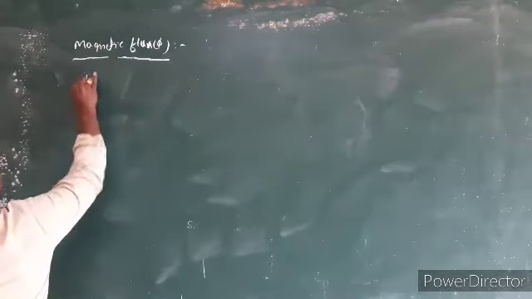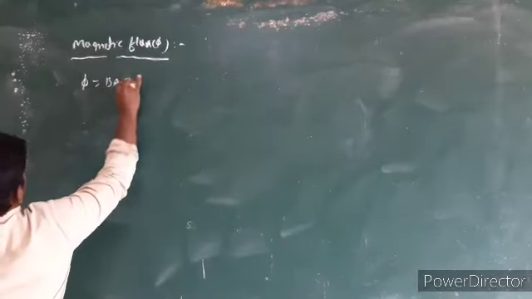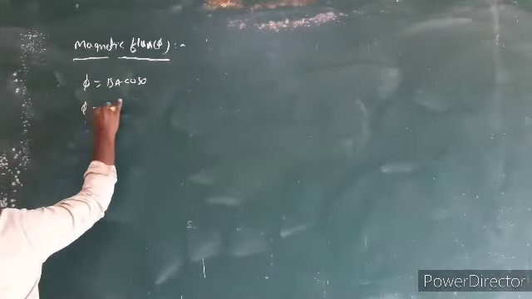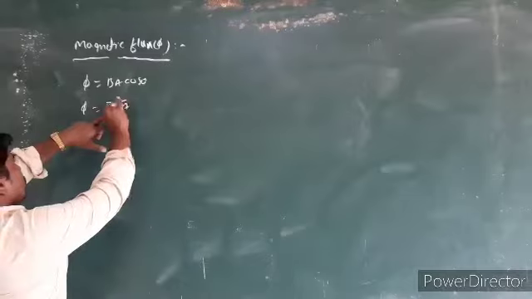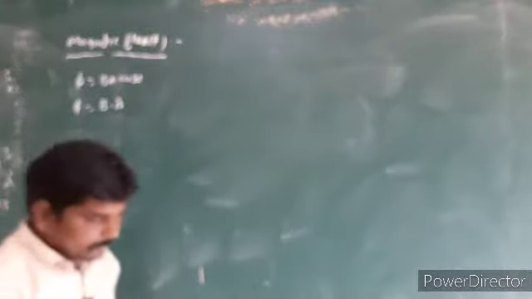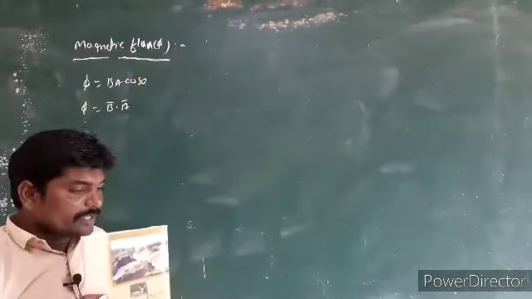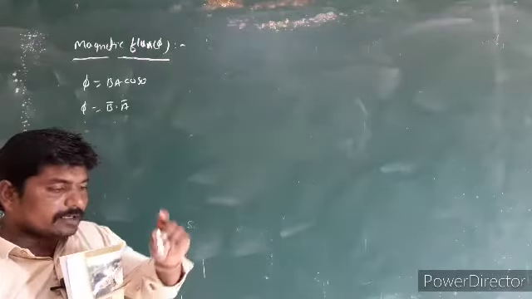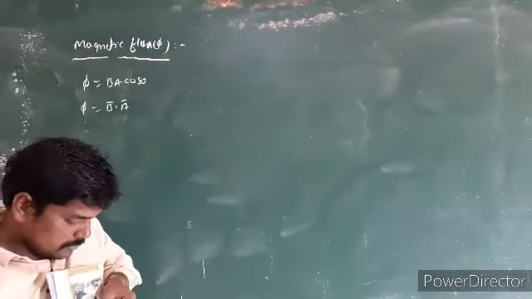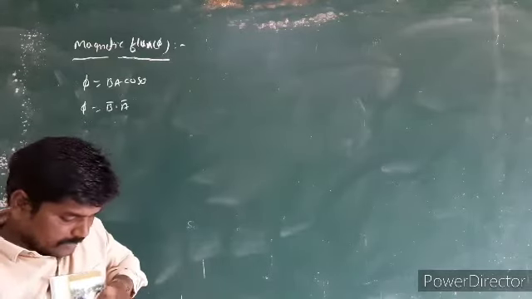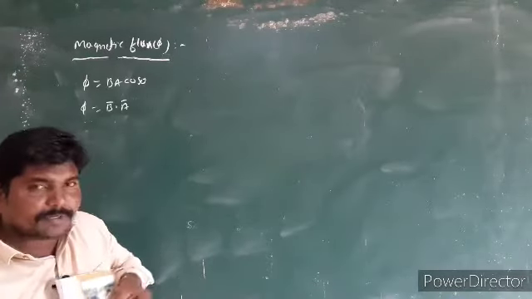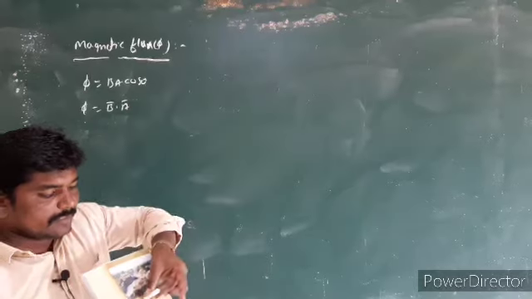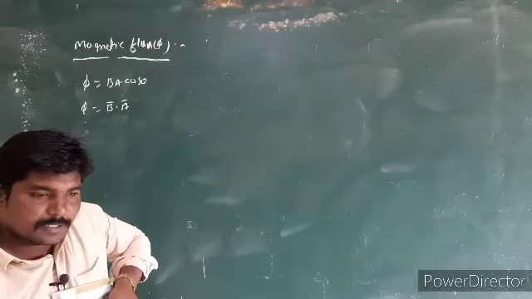Mathematical expression for the flux: phi is equal to BA cos theta, or we can write flux phi is equal to B bar dot A bar. Here B bar is the magnetic field vector, A bar is the area vector of the surface. For example, consider this is the surface. Now the area vector of this surface is always perpendicular to the surface, consider this chalk piece as the area vector. Area vector of this plane is always perpendicular to the plane. Now this is the plane of the closed surface. Now the area vector is always perpendicular, outwards like this.